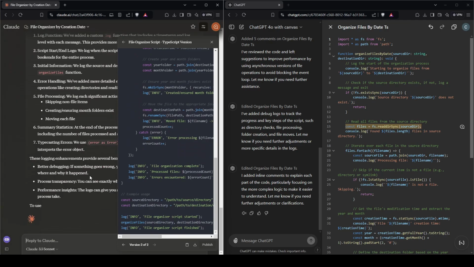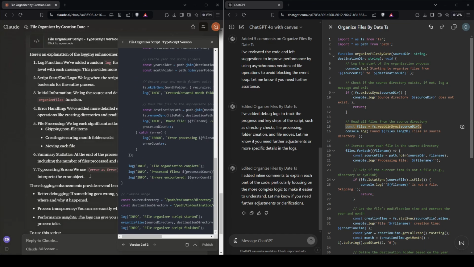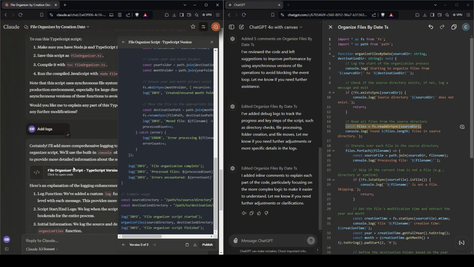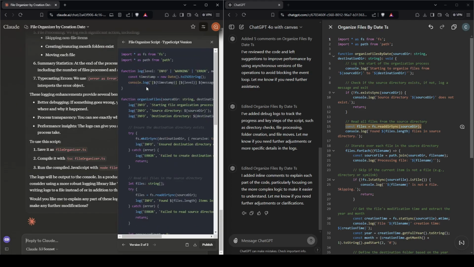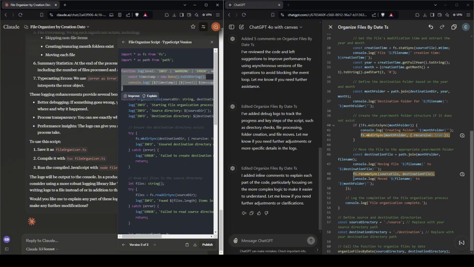Claude, like most generative AI, prefers more concise prompting, but most modern models right now can understand even this short prompt, so it's okay. So it added several logs here. It uses a separate function called log, unlike ChatGPT Canvas, which directly uses console.log. The Claude version is superior in this case because we will be able to replace this function in case we wanted to use a separate logging mechanism. It encapsulated the log function separately, so we can easily replace this. That's a great implementation there.